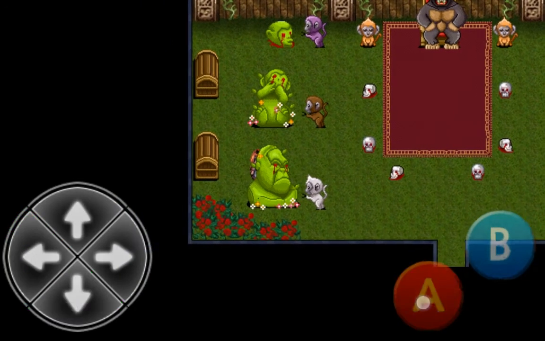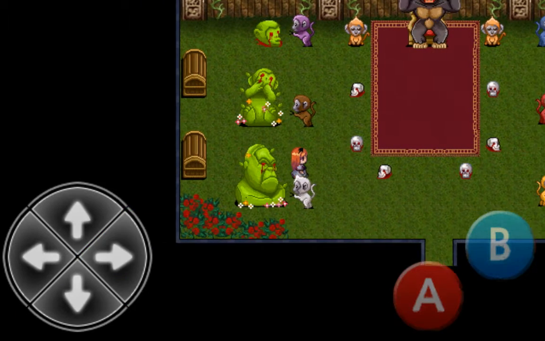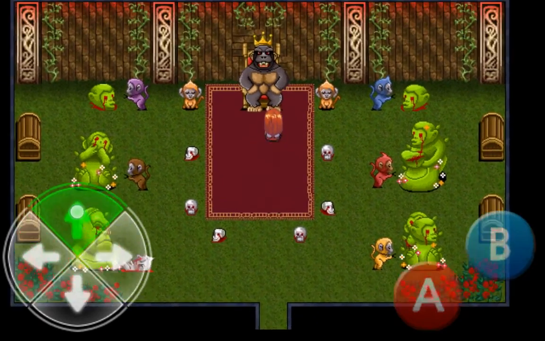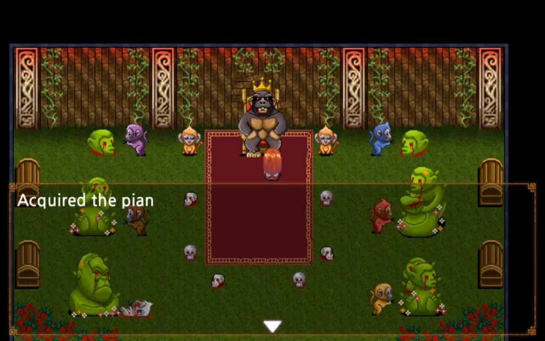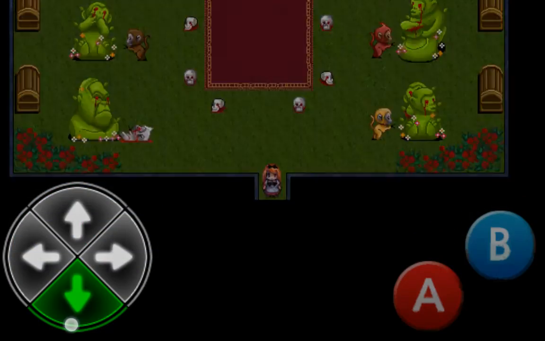So just go to the white guy, talk to the shrub next to him, and say, yes, I'm sure. And then, unfortunately, the white guy is going to be killed. So after he's killed, talk to this guy. You guessed correctly. I will give you a prize. And then with that, we get the piano's keyboard. So now that we have that,